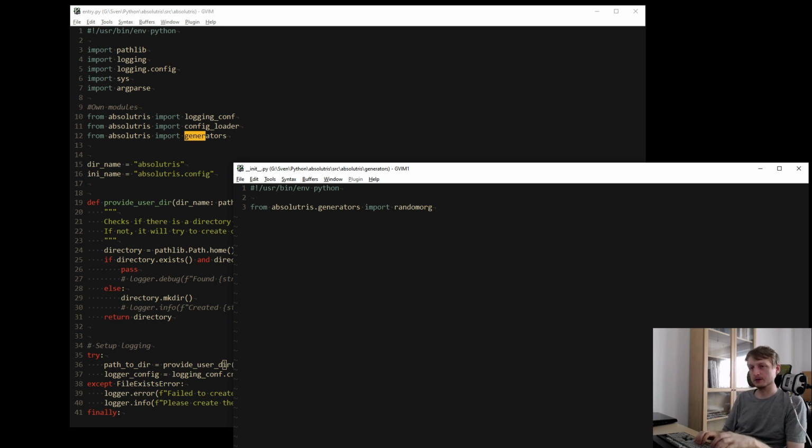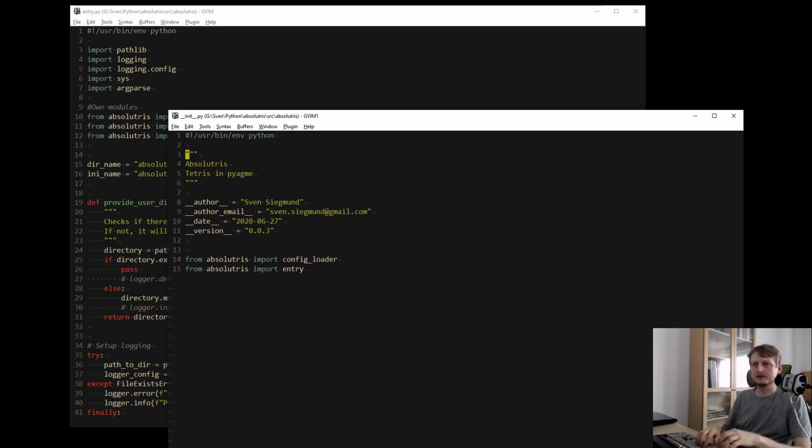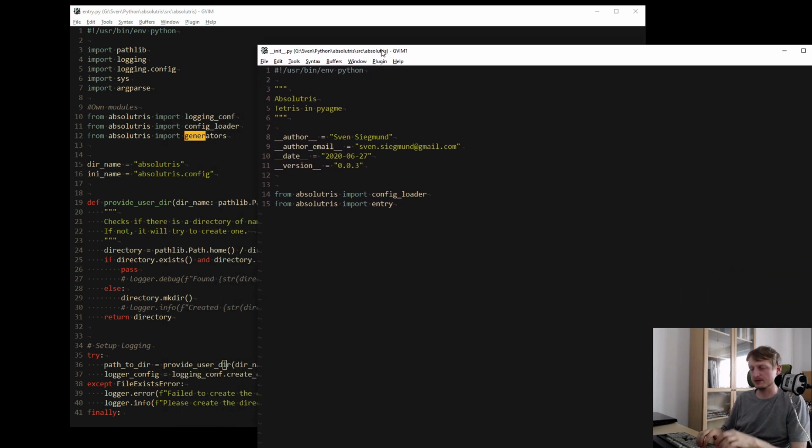This is my generators module. And do I need an init? Here, this is maybe why it doesn't find it, because in my init of absolutris, I probably also need something like this.